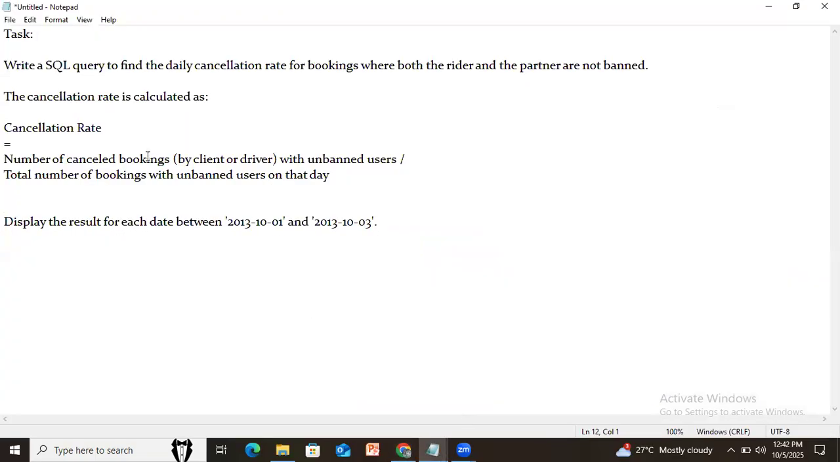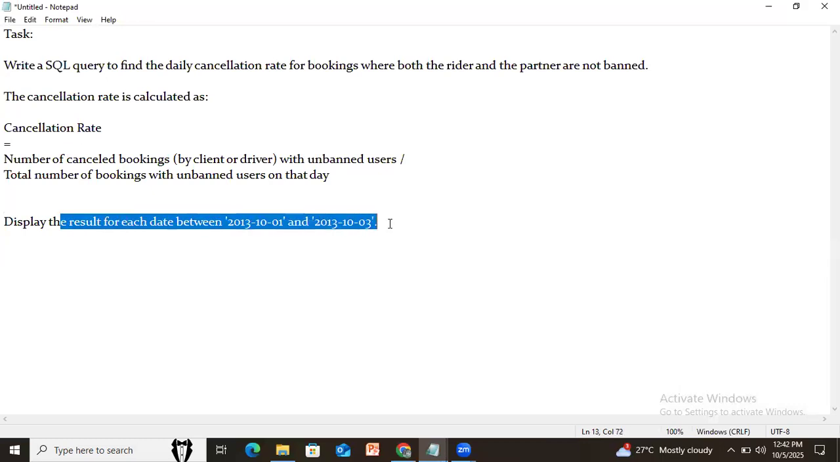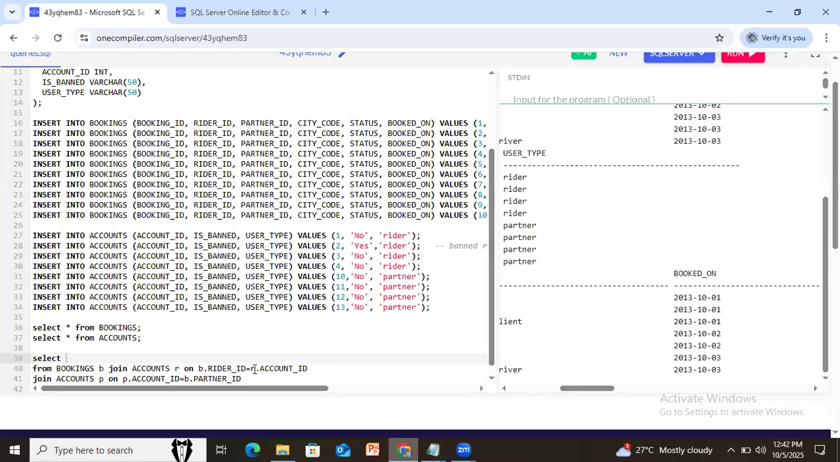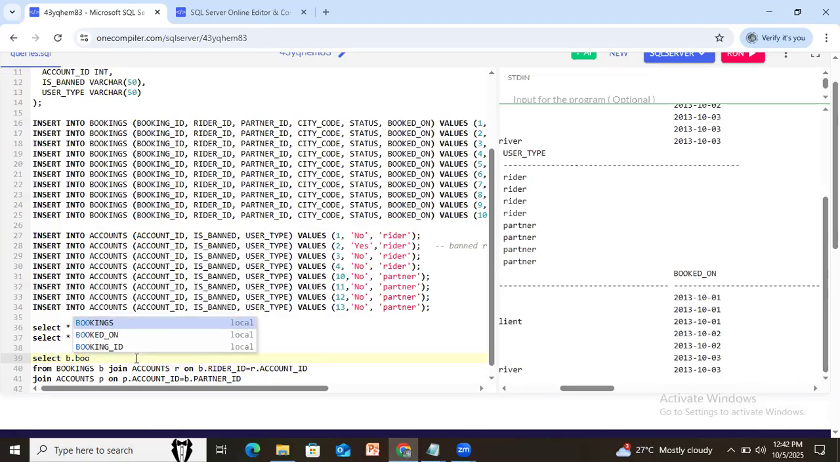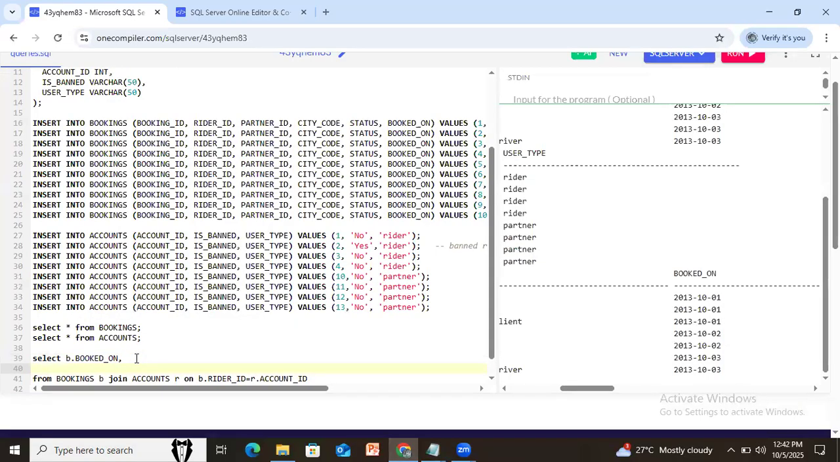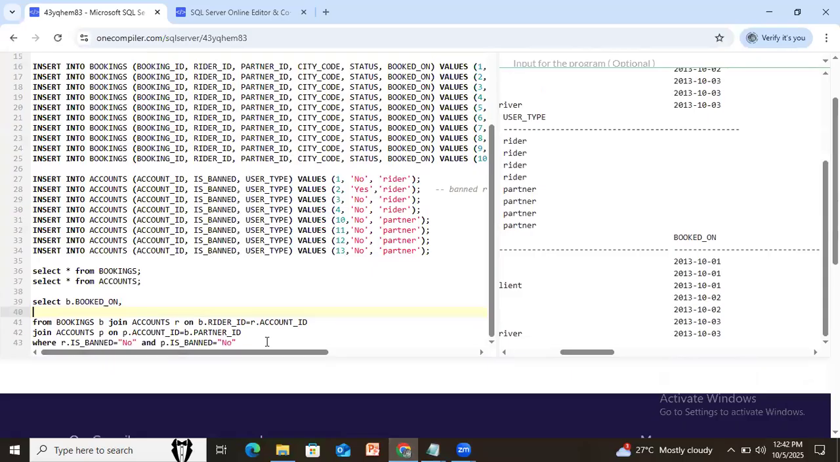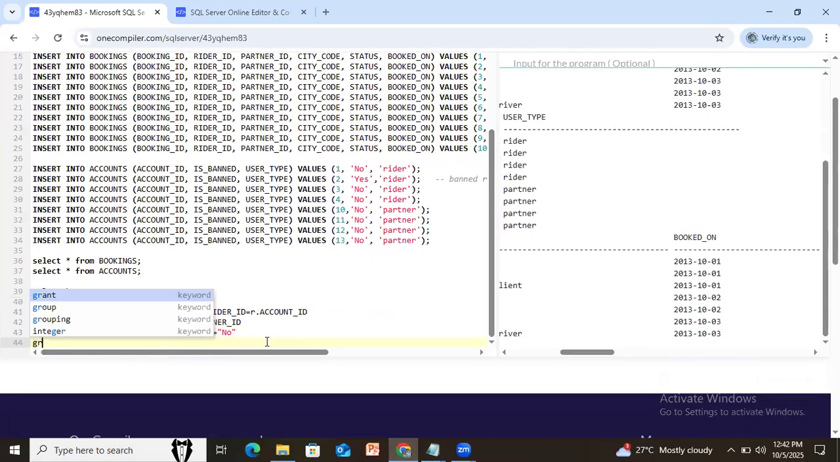So you look into this one. So display the result for each date between this specific this one. So this one is B dot booked on, comma, and this one we had to group by B dot booked on. Okay. Now,